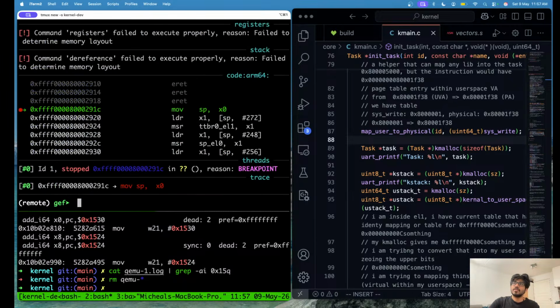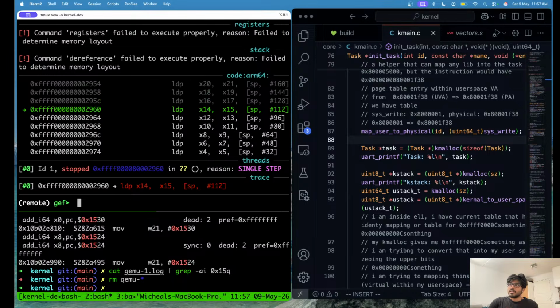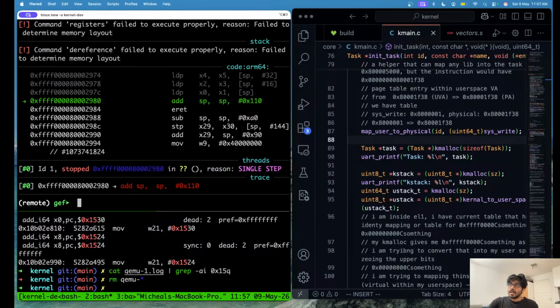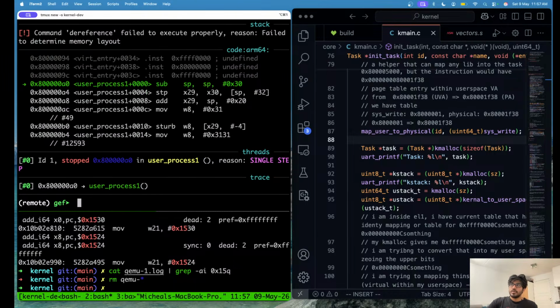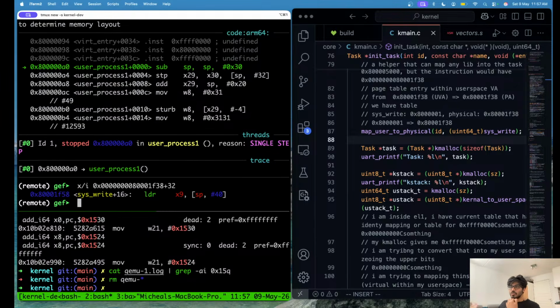Now we'll run. Okay, we broke it here. Okay, now let's go past that entire thing. And we have the next instruction, that is eret. Now we are going to jump into the user process. Okay, we are inside the user process. Now let's try to see if we have access to this. We do. Okay, so that's solved. Now if we run it,